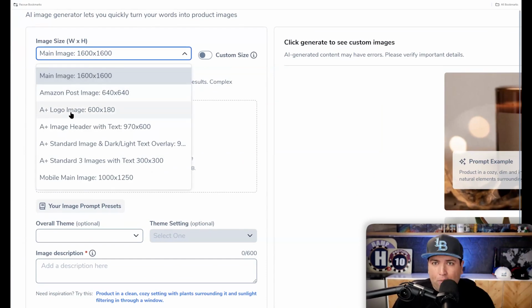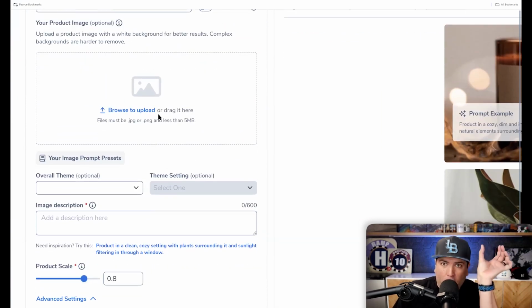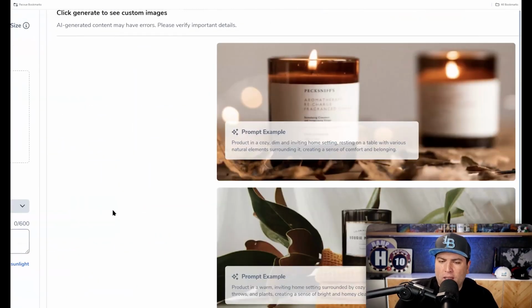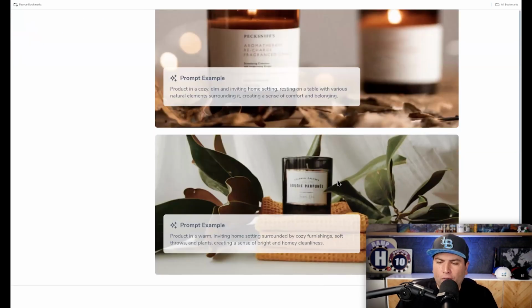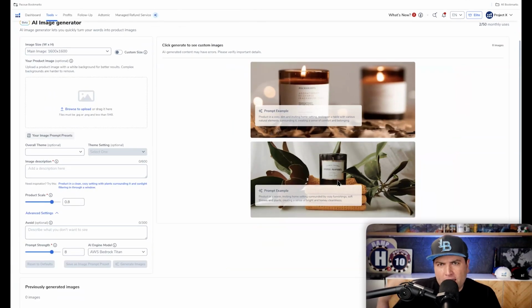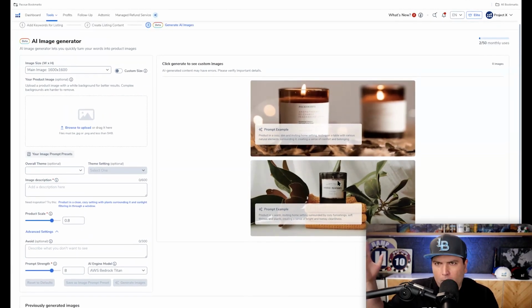We have different A+ content images. And I can say, hey, here's my product, maybe a white background picture, and I can have a different theme. I can say, put this product in a cozy, dim, and inviting home setting, resting on a table with various natural elements surrounding it, creating a sense of comfort and belonging. Or I can say, this coffin shelf on a spooky wall with other Halloween decorative items, and so on.